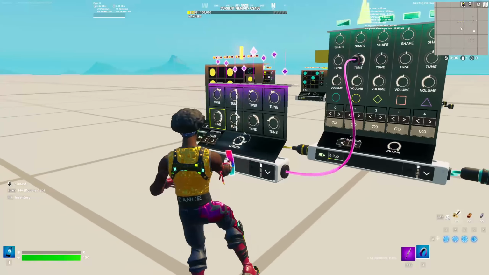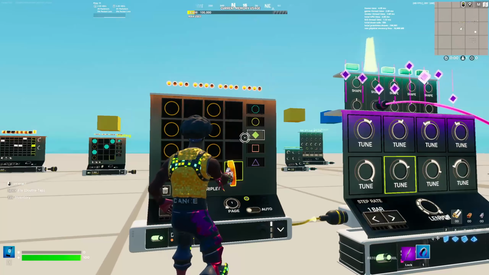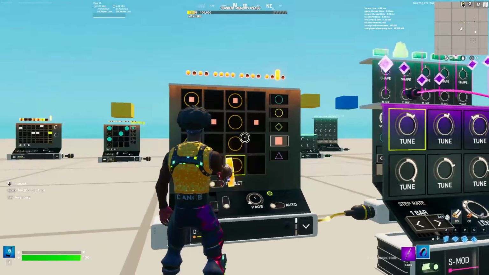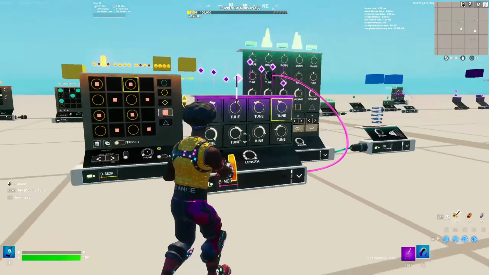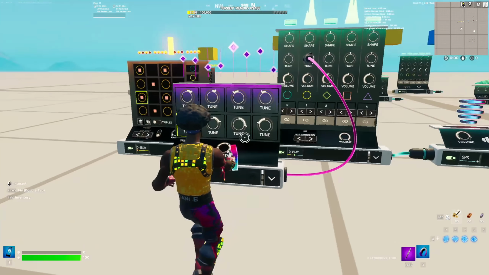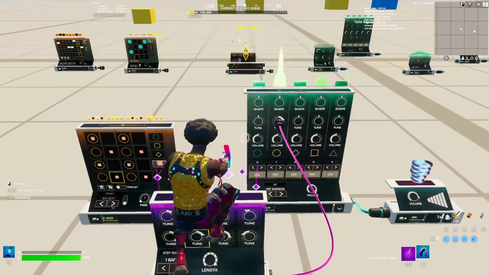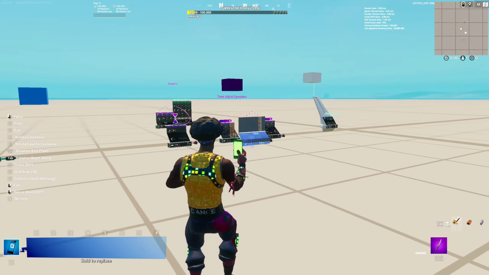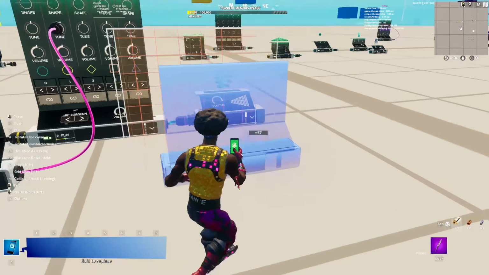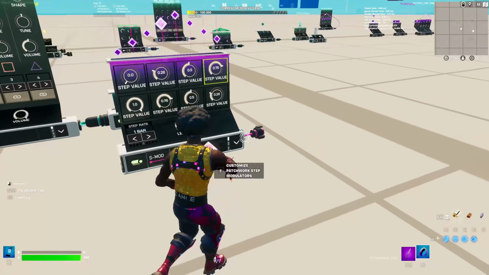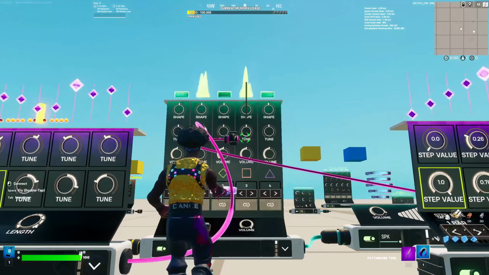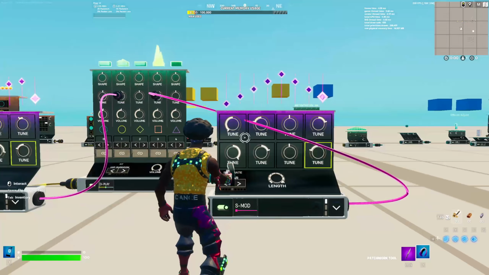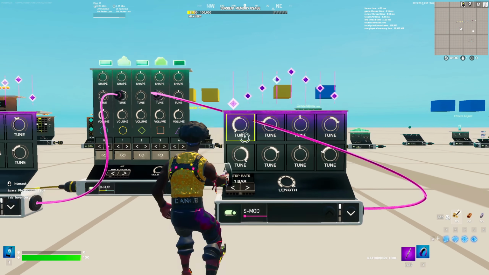And if I wanted to add more of these onto here, say I wanted to add the square, and I just added the square randomly like every other. Say that was my beat now, right? If that was my beat, I would have to get another one of these for the square one. So if I come over here, I have to grab another one of these things, bring it over here, and then take this purple thing, link it up to the square tune. And now this is the one for the circle, and this is the one for the square, and you can adjust all your sounds individually, just like you would in a software.